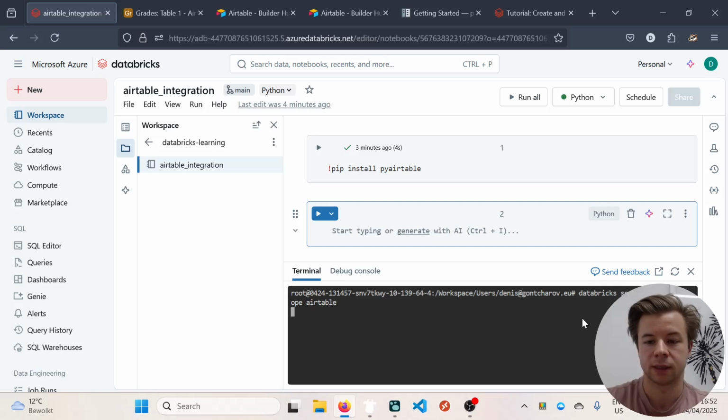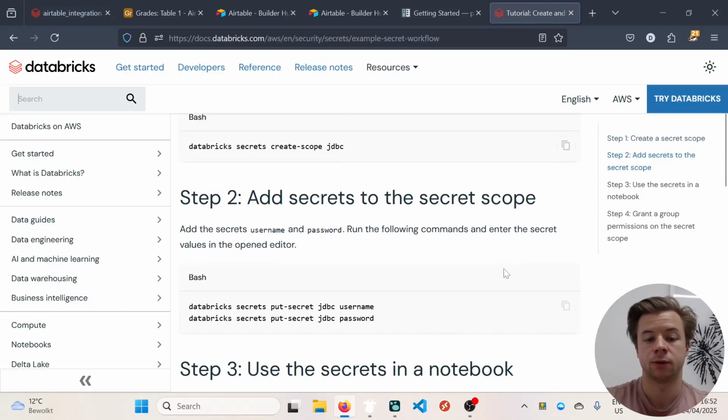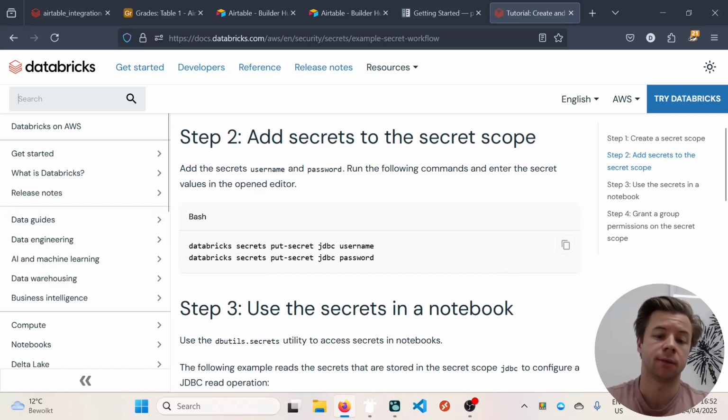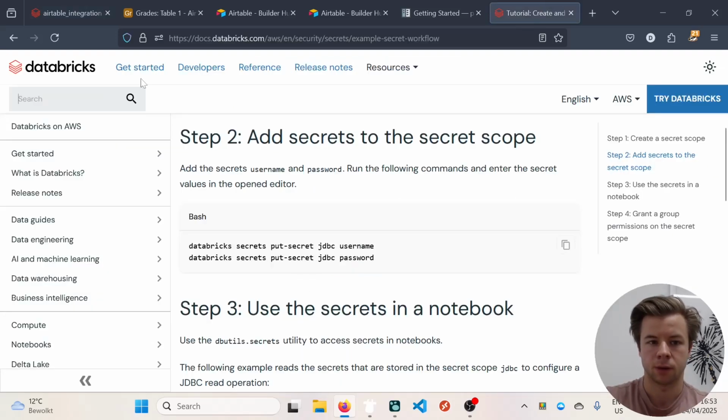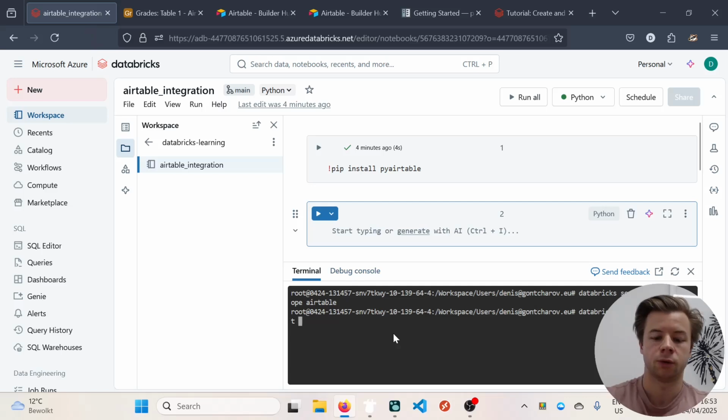Alright, that scope has now been created. The next step is to add a secret to this scope, and you do this with the command put secret. So again, I say Databricks secrets put secret. And then the first word we use will be the scope we just created, so Airtable. And the second one will be the name of the secret, which should be grades